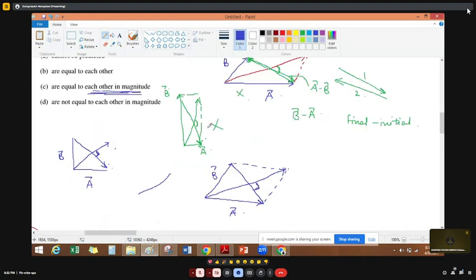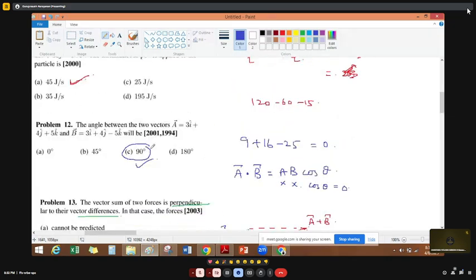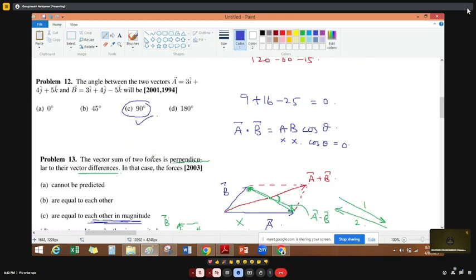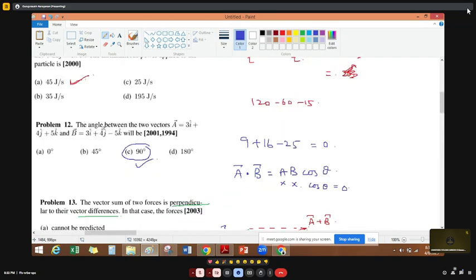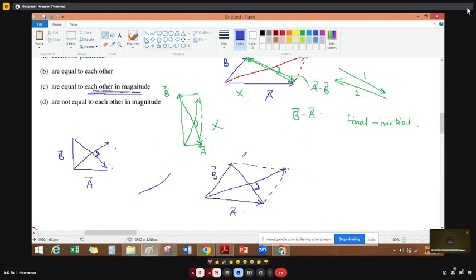If I don't want to do this guesswork, right? Just now I told you a trick. Look at this. If it is perpendicular, it means the angle between them is 90 degrees. So what should I do? Sir, (A plus B) dot (A minus B) should be 0, sir. Okay, very good. So that means they are given that A plus B